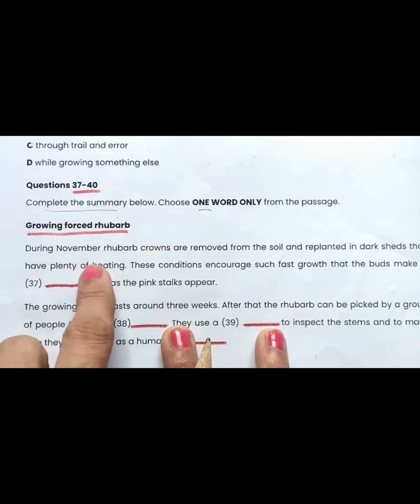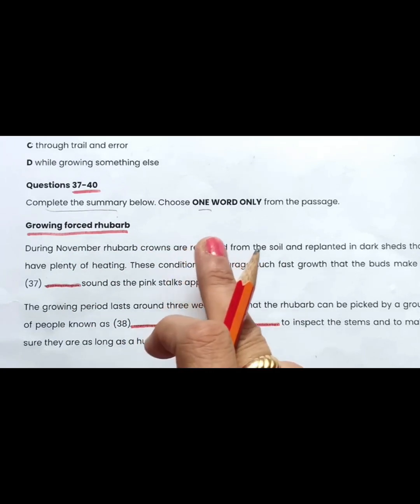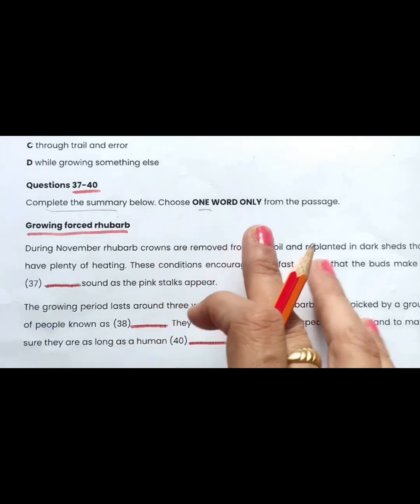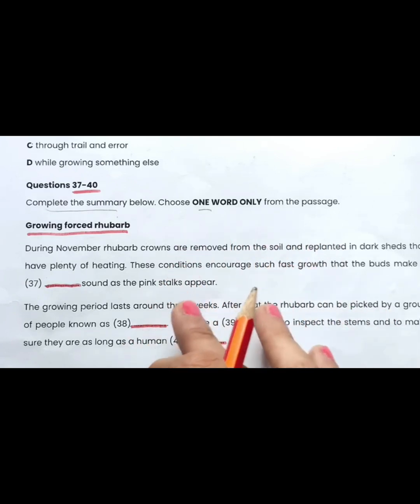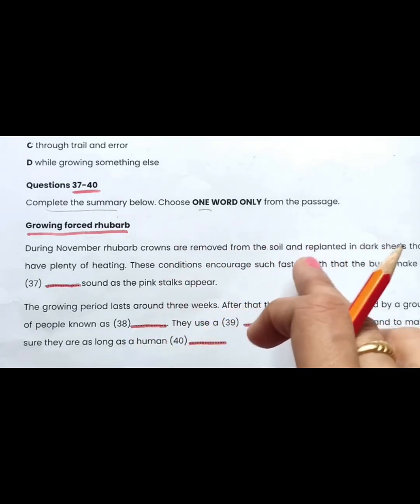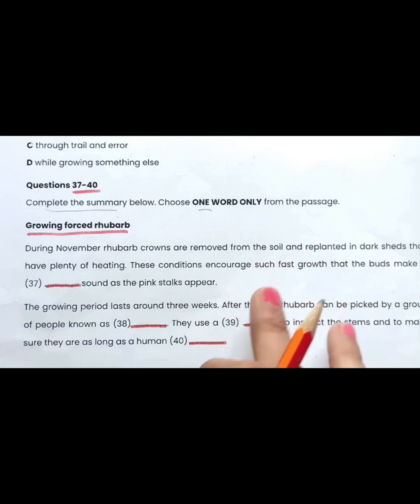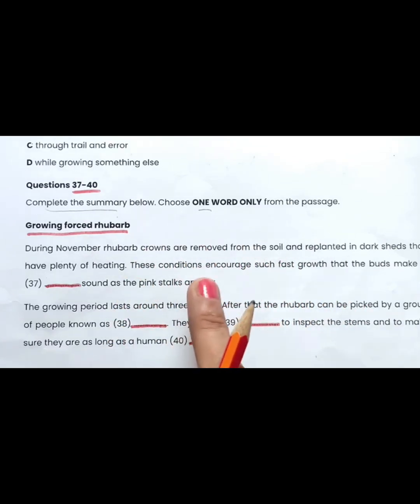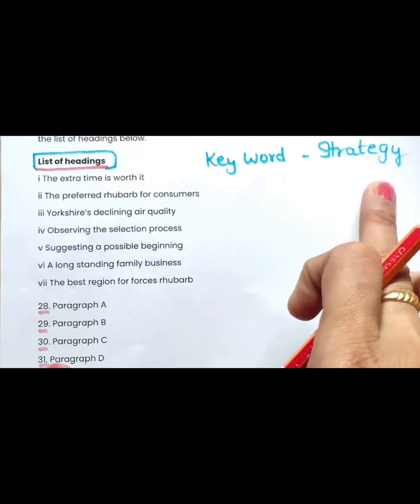Of course, I will start my reading passage from the first type of question because that is list of headings. If you do the first type of question first, then definitely you will come to know about the passage. You will get to know the location, the idea about each paragraph, what they are talking about. And if you want to do this passage first, then you can do it. So let's follow this keyword strategy.